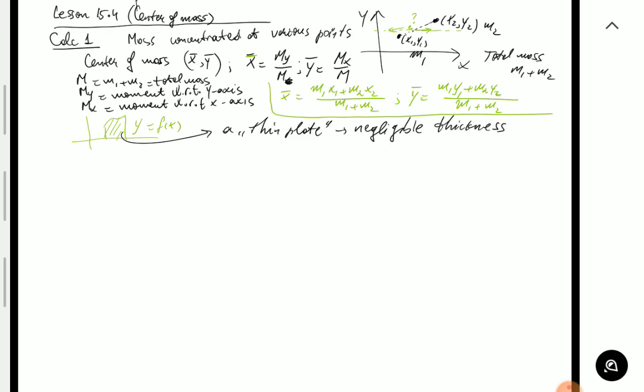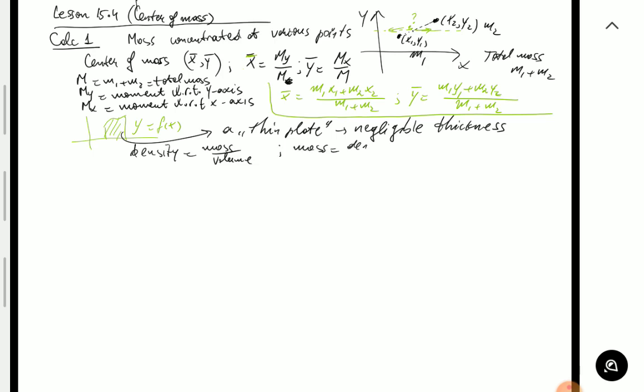Furthermore, instead of having the mass concentrated at various points, the mass is distributed throughout the plate. So basically the mass is going to be a function of x on its own. Now remember that there is a relationship between the density, the mass, and the volume. The density is mass divided by the volume, which means you could also say that the mass is equal to